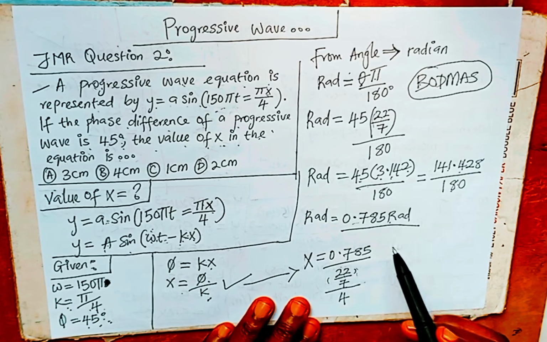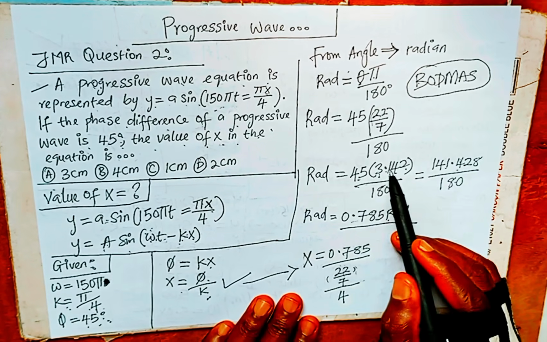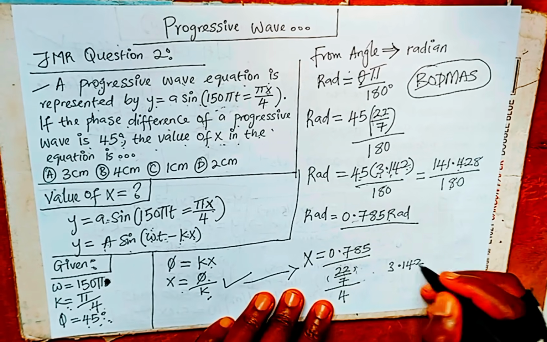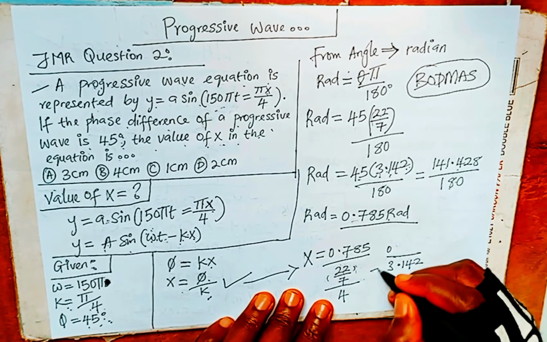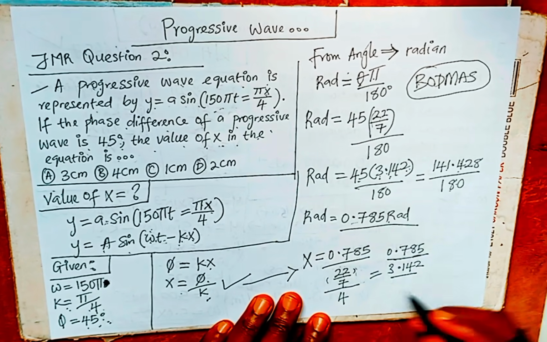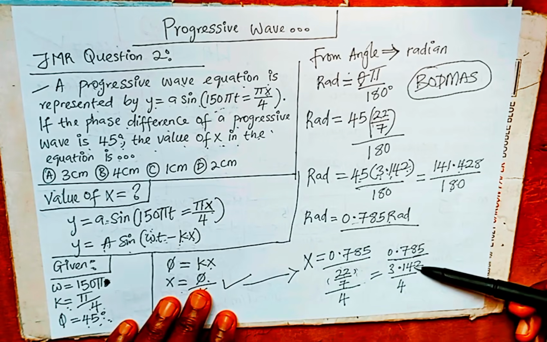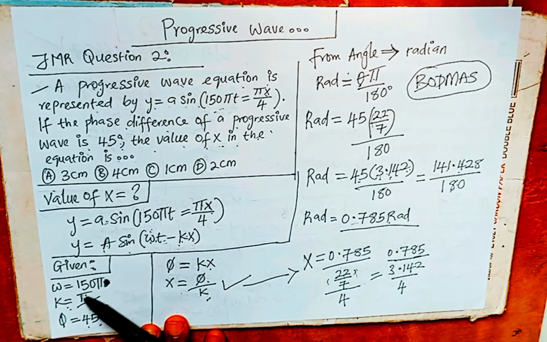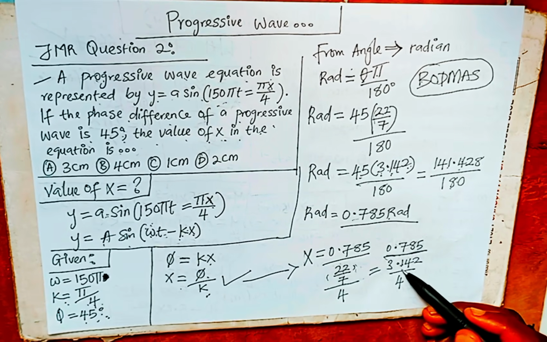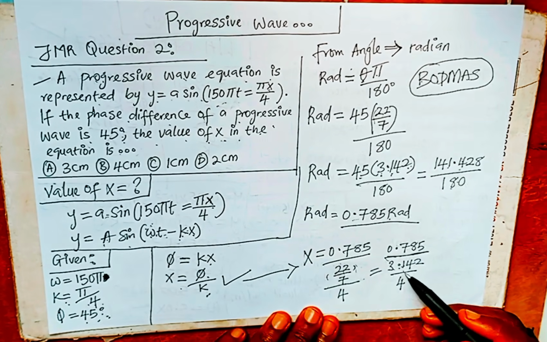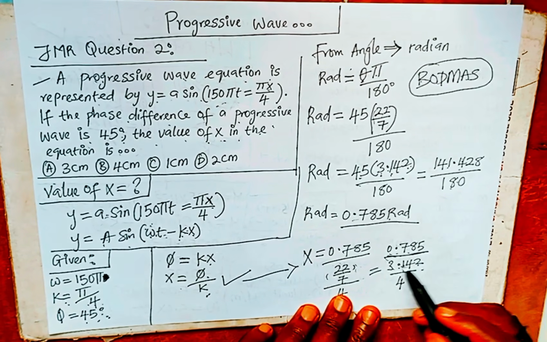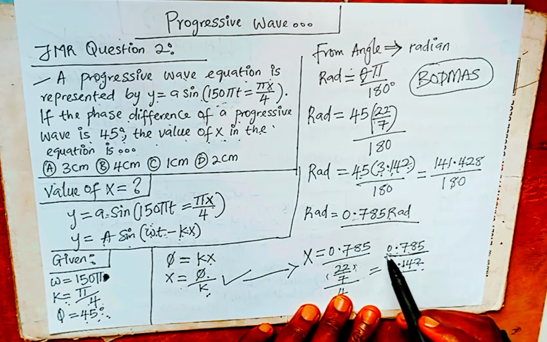22 divided by 7 gives you our regular 3.142, which we have here. So this one is 3.142, and it goes in the middle. Up here we put 0.785, then over the 4 that is down there. So we do the division at the bottom first, before the final big division. When we do this, 3.142 over 4 gives you 0.785. So here, if you divide this one by 4, it gives us the same thing up here,